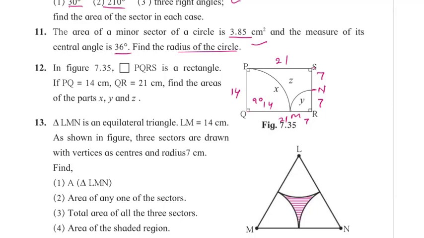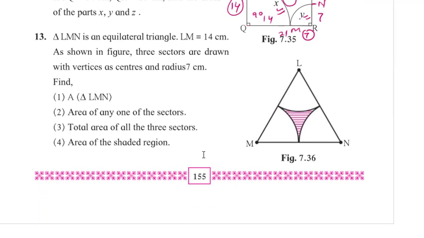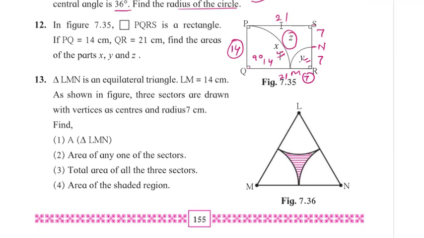Okay. Find the area of part X. We have to find area. This X is area of this sector. So theta upon 360, that is 90 upon 360 into pi r square. For that I will take r as 14. For this I will take r as 7. So I get the value of X, the value of Y, and to get the value of Z, what we will do? We will subtract this X and Y from area of rectangle. So area of rectangle is easy to find. Area of rectangle is this 21 multiplied by 14.